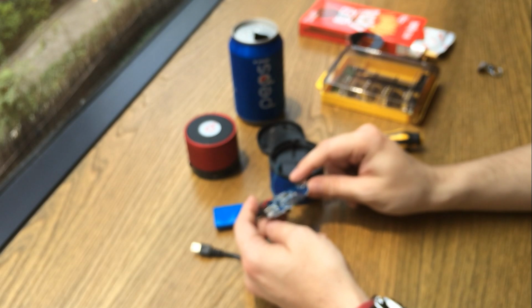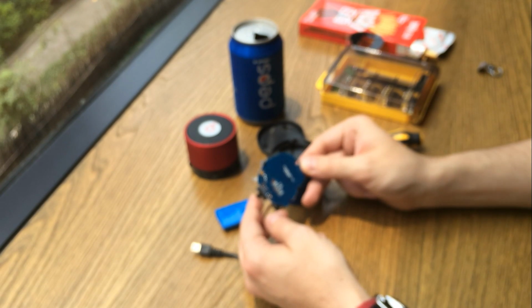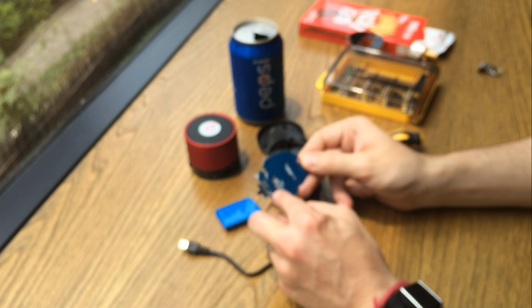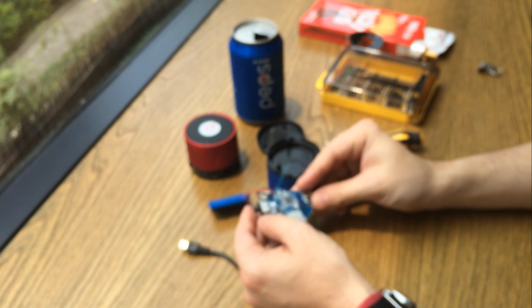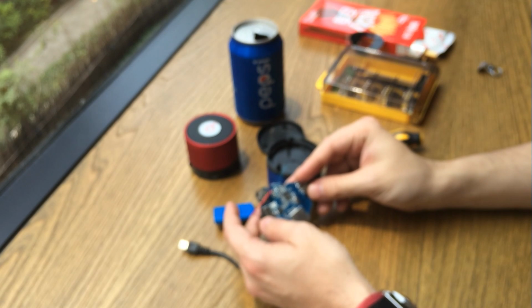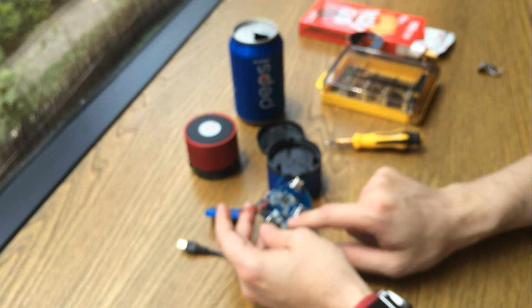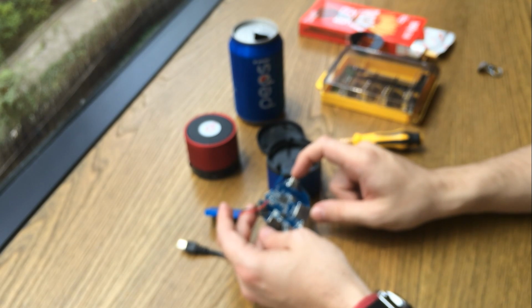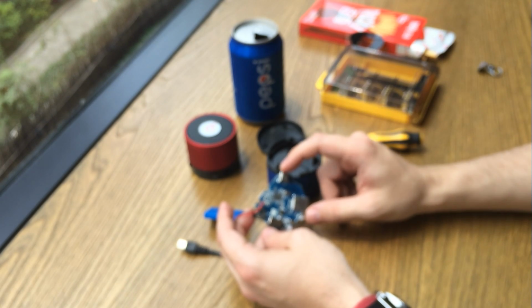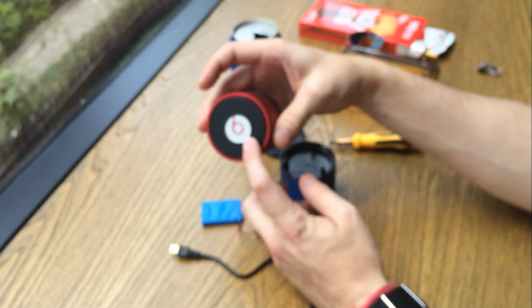Nifty. There might be some things on here that one could do to up the quality, like maybe grounding pins that aren't grounded, or cutting a trace here and there. Maybe their power supply is just super crappy. I could replace it with a higher quality one. Who knows? So just thought you guys would be interested in knowing that these are pieces of crap, and obviously